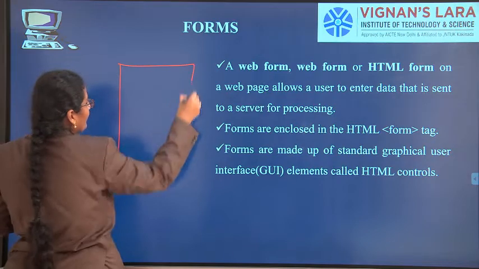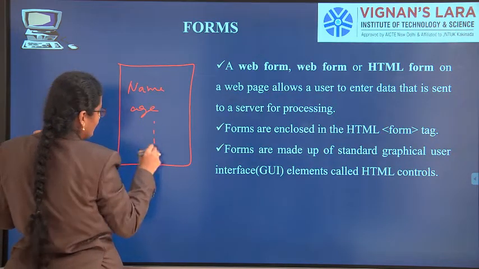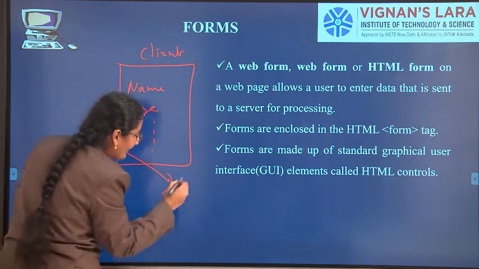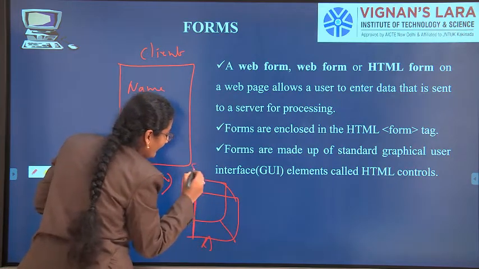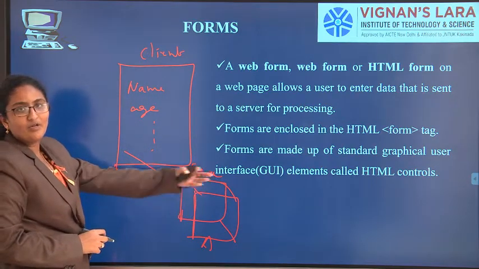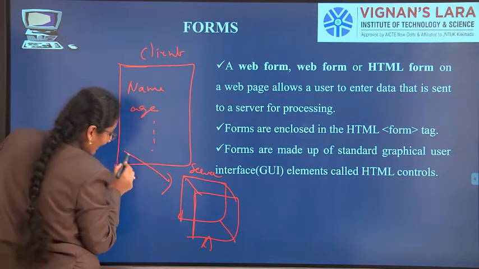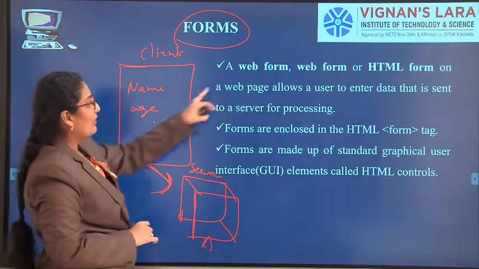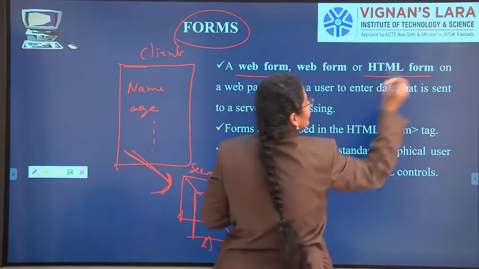See, I have a registration form and I am filling my name, age and extra details. I will be client and these details I will be giving to server. See here, I want to fill an application form for college. So college will be server, I will be client. All my details, using the form, I am giving to server. That's what they have given here. You can call form a web form, you can call form an HTML form.